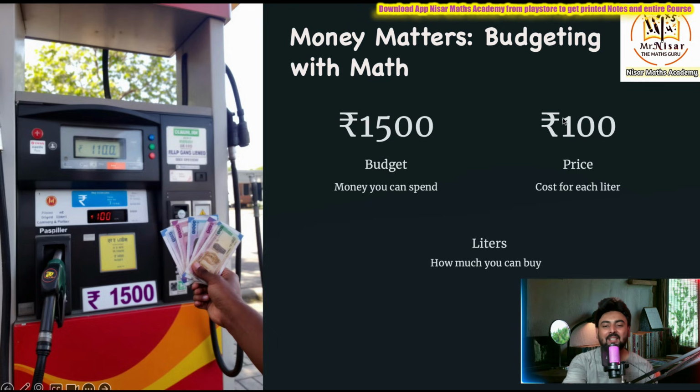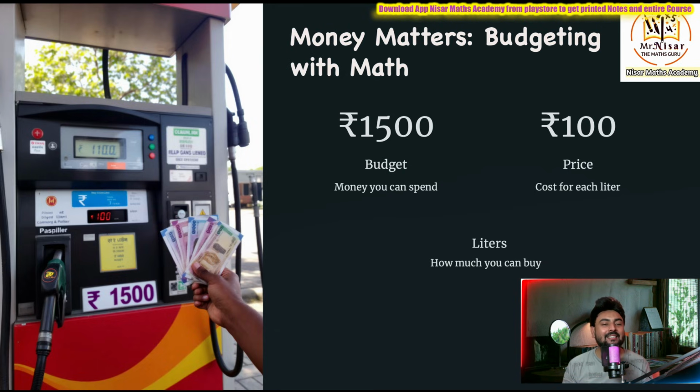Something very interesting I have written for you children on the board. Money matters. Budgeting with maths, this we do in our daily life. Now suppose you have a budget of 1500 rupees, so you can spend 1500 rupees. Now you are at the petrol pump. The cost of each liter of petrol is 100 rupees. What is the price of 1 liter of petrol? That is 100 rupees. Now the question is to you,